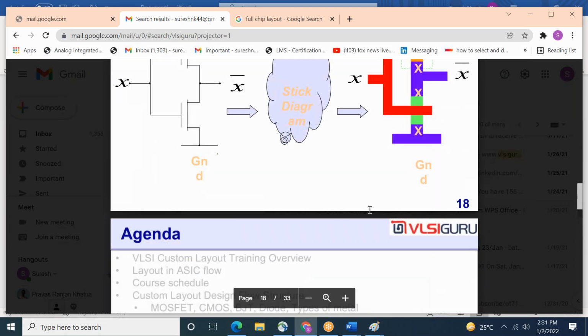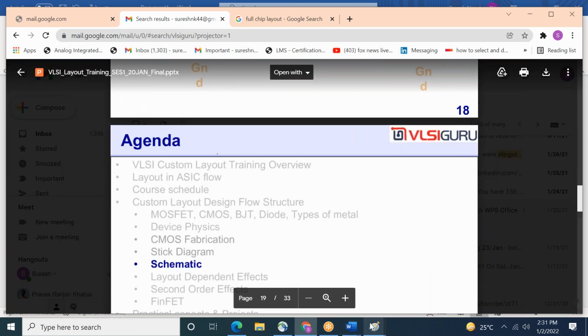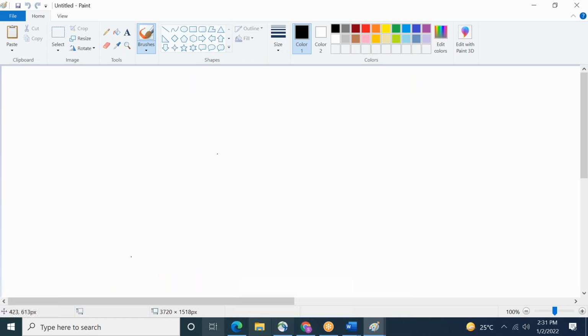And what is a stick diagram? Okay, I'll give you a few minutes. What is CMOS and what is a stick diagram? So let's see. This is an inverter. This is called CMOS. One PMOS is combined with one NMOS.